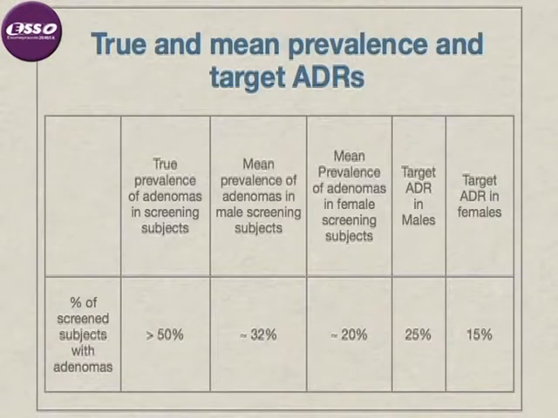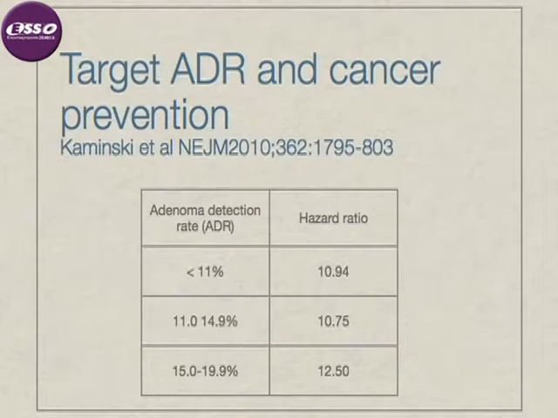The true prevalence of adenomas in the population is considerably higher than these thresholds, as demonstrated by repeated studies showing overall adenoma detection rates in the 40 and even 50% and higher range using high-definition colonoscopes. In a study from Poland of screening colonoscopy, doctors who had adenoma detection rates below the recommended threshold for a mixed-gender population of 20% saw their patients have hazard ratios for the development of cancer that were more than 10 times those of patients who had undergone colonoscopy by doctors with adenoma detection rates above 20%. Thus, measuring the adenoma detection rate is a must for every colonoscopist and is a validated measure of the quality